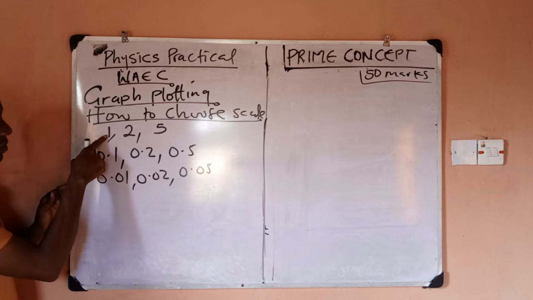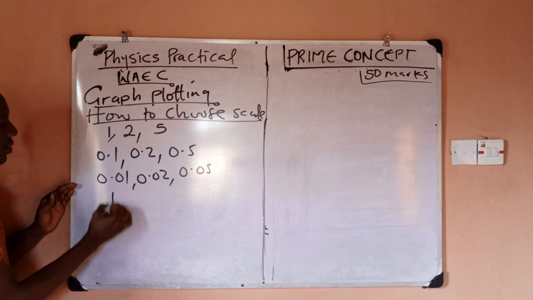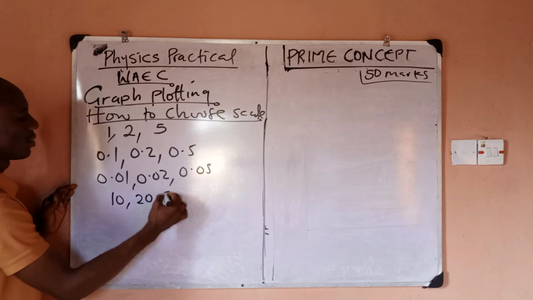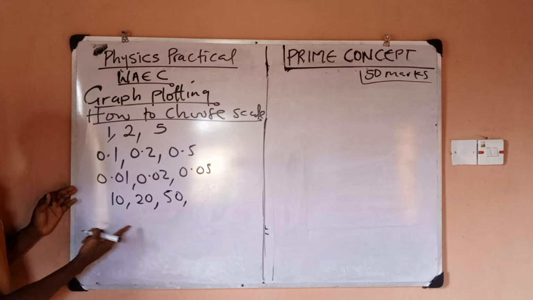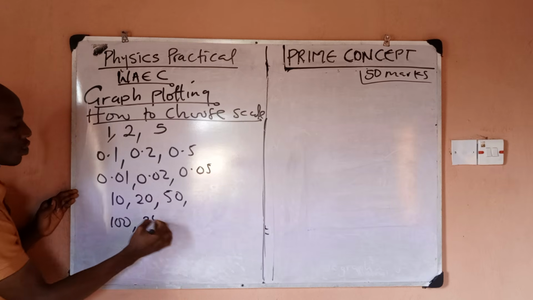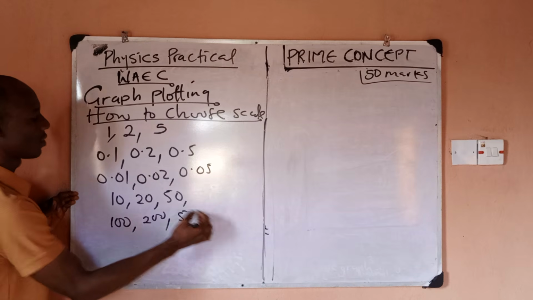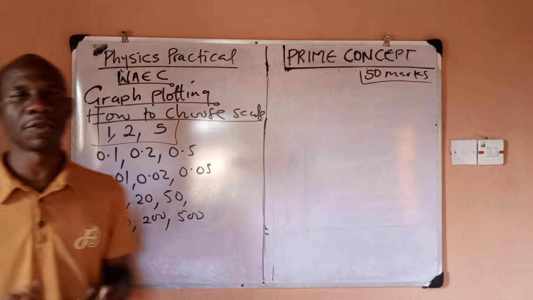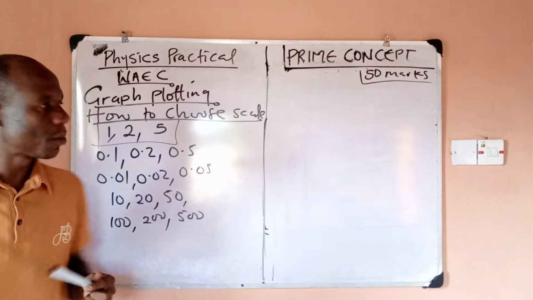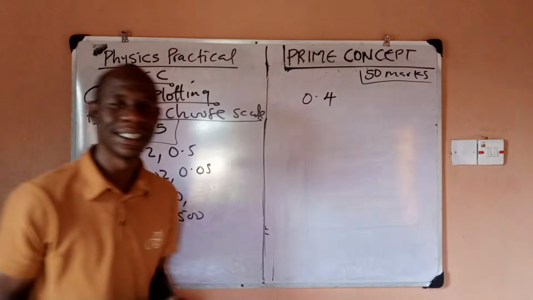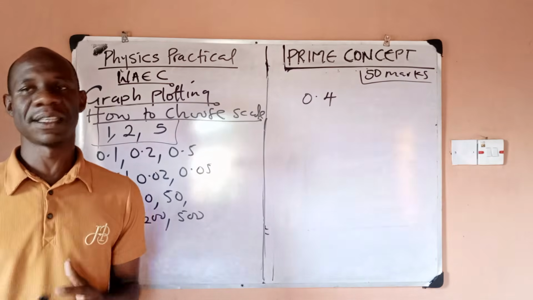If I add 0 to all this, I can use 10, 20, 50, and even 100. If I add 0 again, I can use 200, 500. So that's why I call these the magic numbers of scale. If somebody decides to use a scale of 0.4, please, it is not accepted in WAEC,